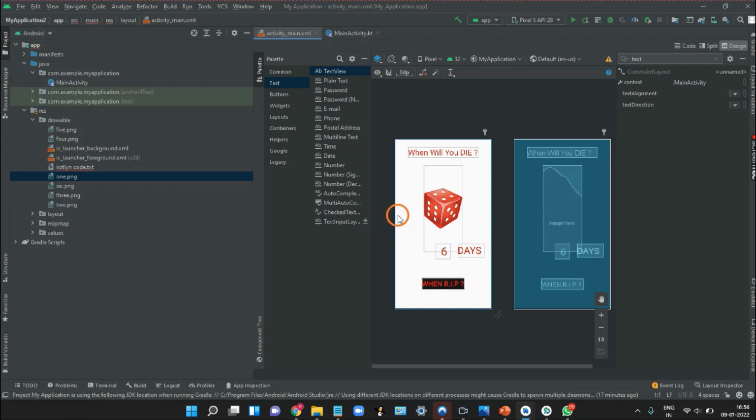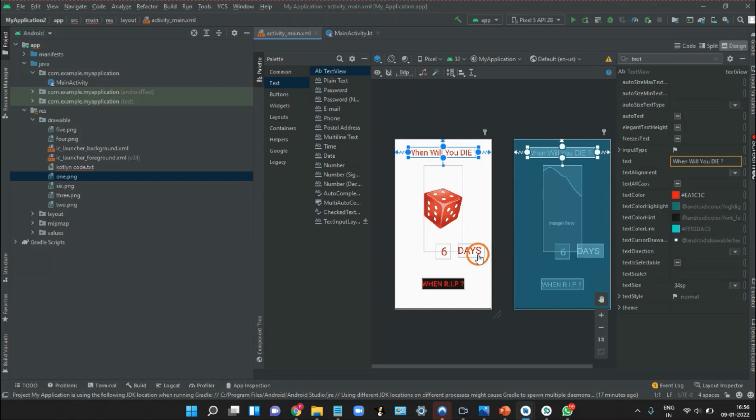So now what we have to do is that we need a zombie image to place that zombie here. I'm just doing that part for designing. It is also not necessary, so you can skip that part. And I have not changed or defined the text IDs of these two, this one and this one, because we do not need them in our backend part. Okay, so now let's copy our zombie and place it here.